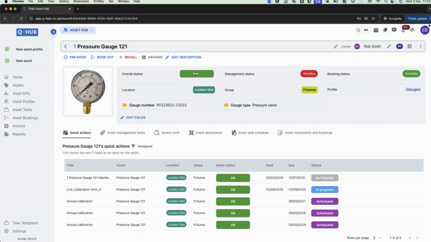The reason we have separated the overall status from the management task status is because of the different uses that Asset Hub has. For example, you might have a large CNC machine and you add that to the Asset Hub. As part of that, there might be something like an annual inspection on the machine. And if that goes overdue, you want the overall asset status to be marked as overdue automatically, which